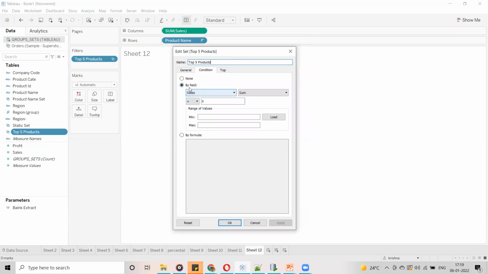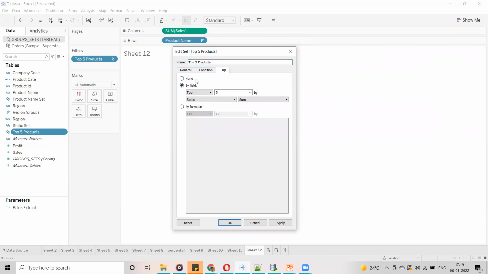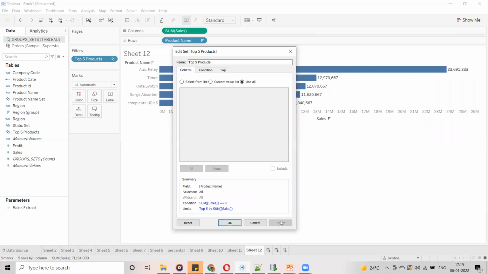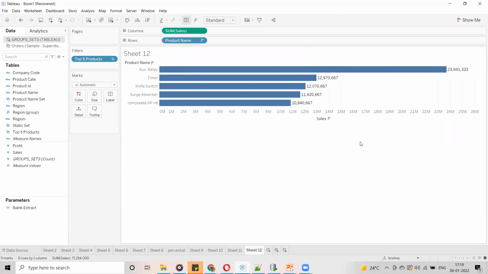Okay. Sorry guys, here in the By Field tab I have selected condition none. Okay, I am going to select it. So here we have provided the general tab and everything. Now you can see guys, condition sum of sales. This is the one, because of this one we are not getting anything, because here it is checking wherever the sum of sales is equal to 0, it is trying to fetch. So that's why our sheet is empty. We are not getting any data. So now I am going to click on Apply. Now guys, you can see here, these are the top 5 products.